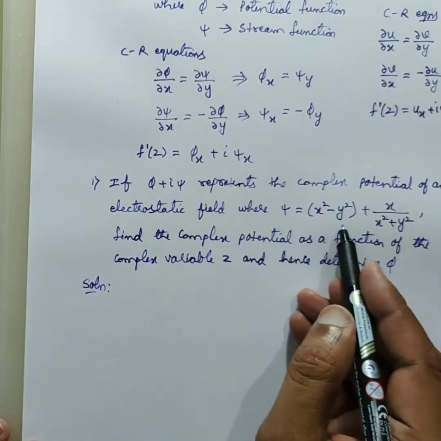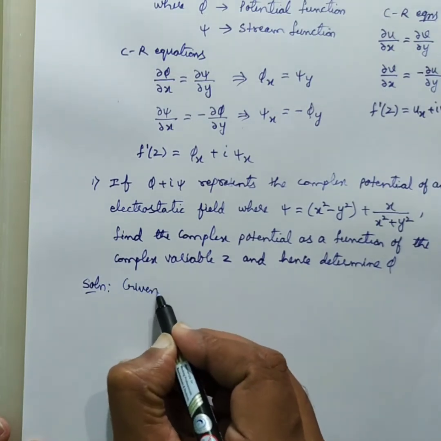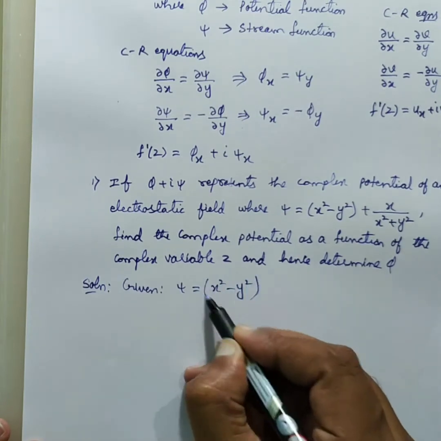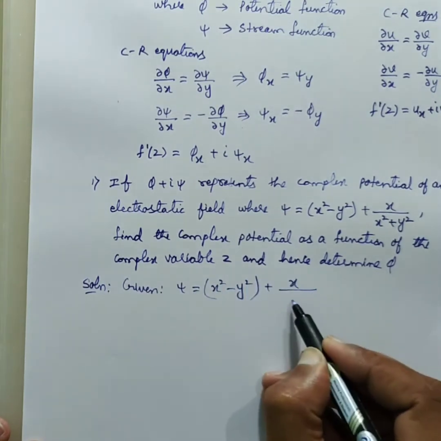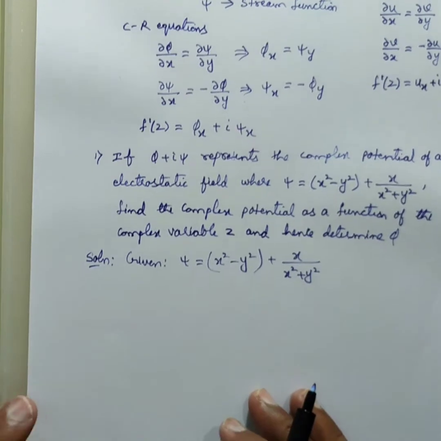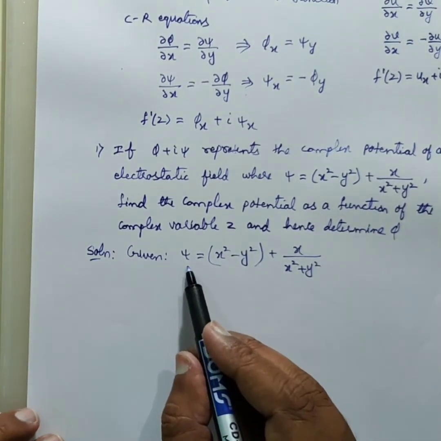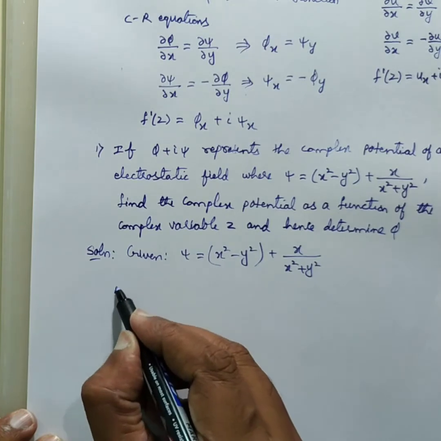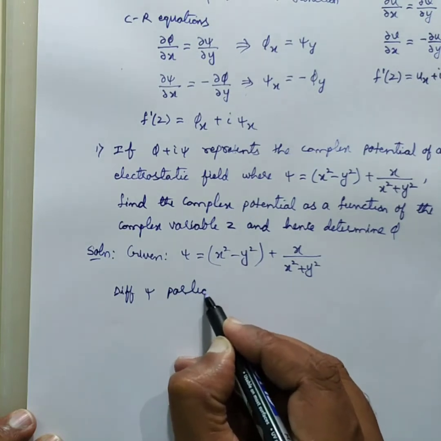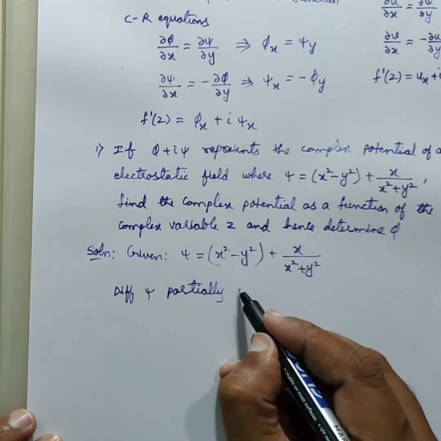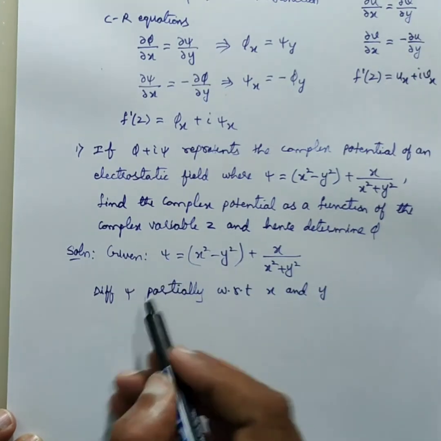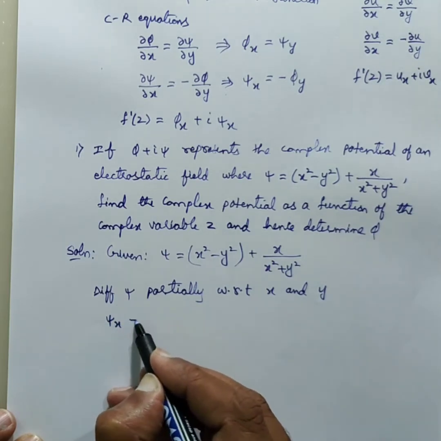So what is given to us? Psi is given. So let us write down. Given the value of psi is x square minus y square plus x divided by x square plus y square. So this is the value of psi. So now let us try to differentiate this psi partially with respect to x and y. If I differentiate this with respect to x, psi x will be equals to